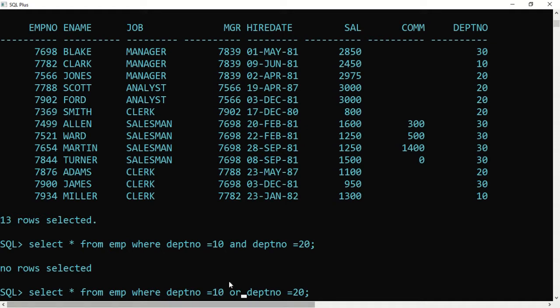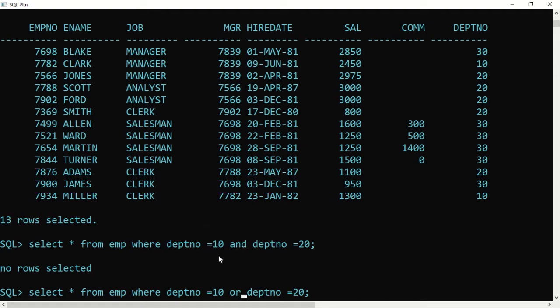If this condition is true, list it out. If this condition is true, list it out. But when you say and, it means both the conditions should be true. That means that person is working in department 10 as well as department 20. Only if both conditions are true will it show the record. But no such records are there, because and means both the conditions should be true.